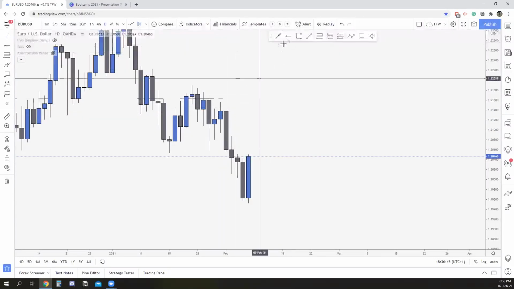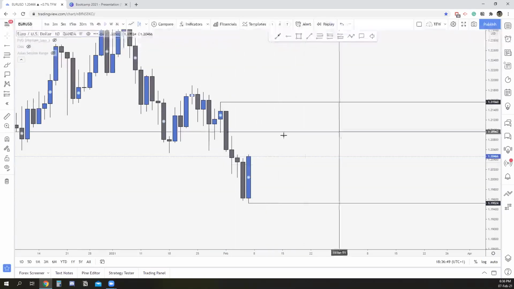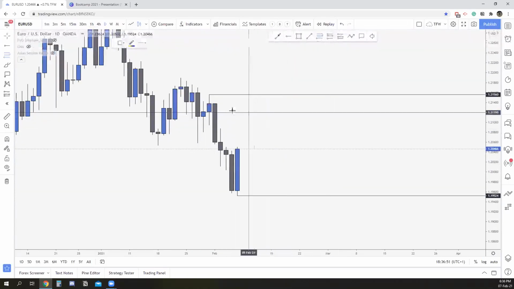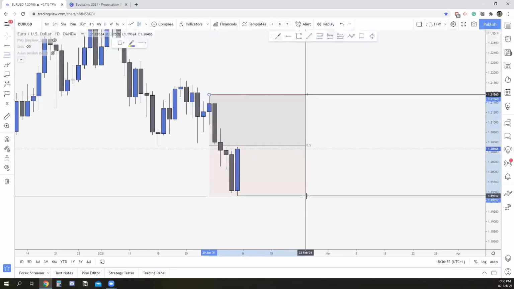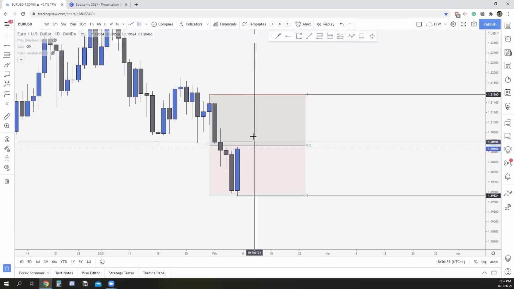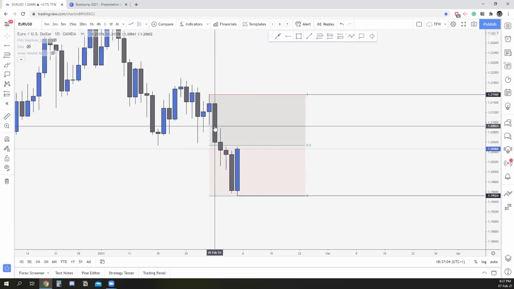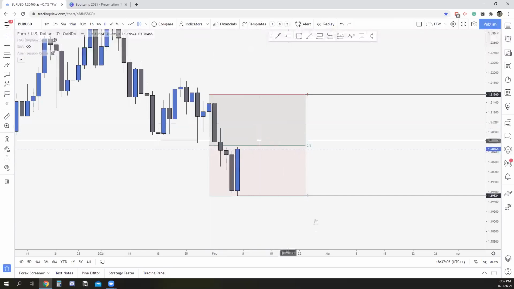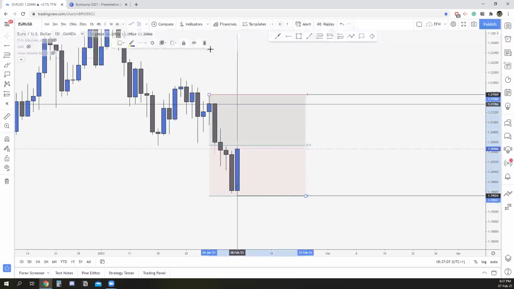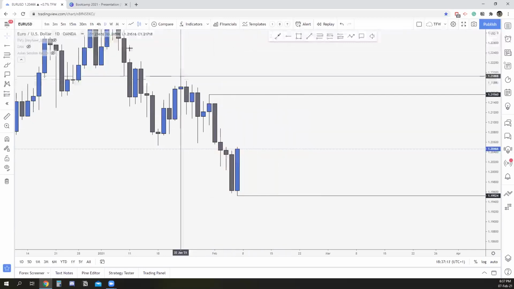So what you do, you take your horizontal ray, plot it right there, take the other one, plot it right here, and this is your range. If you want to sell this market, what you do, you grab the fib. Do you want to sell it right there? Not really, because more of the times, the market will come above the 50% to fill that little bit of imbalance right there. We're going to speak about imbalance in a bit, and then it's finally going to start flushing, right? So this is how you want to mark your higher time frame areas.